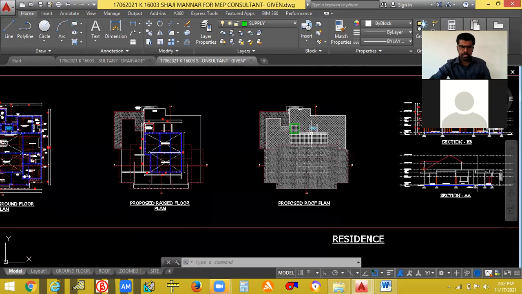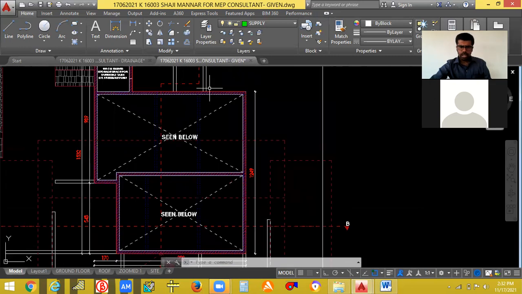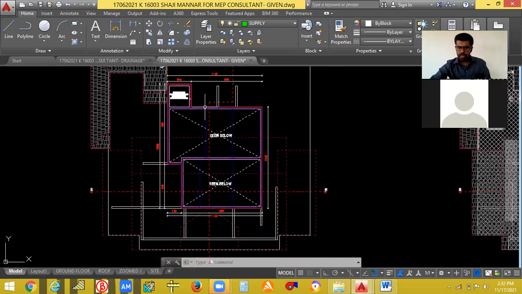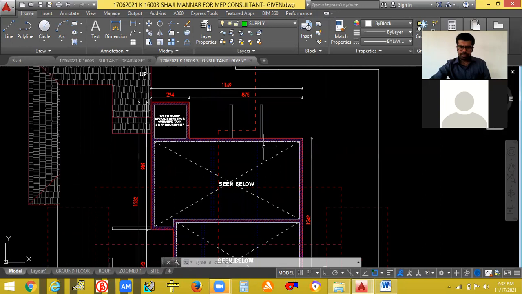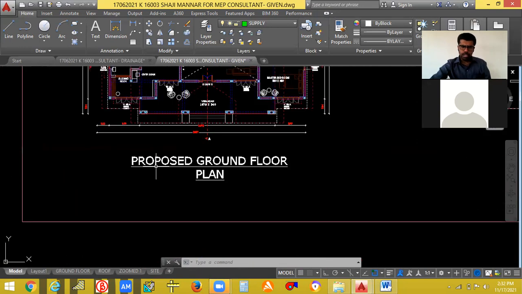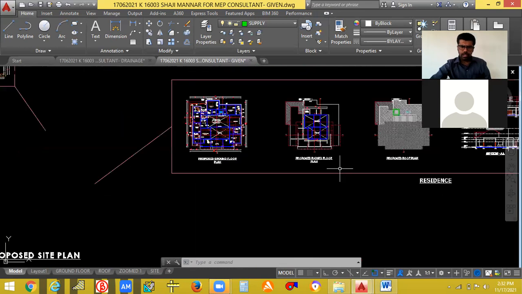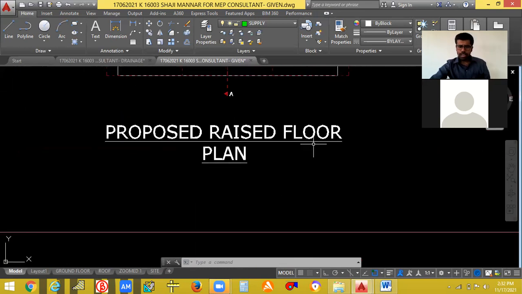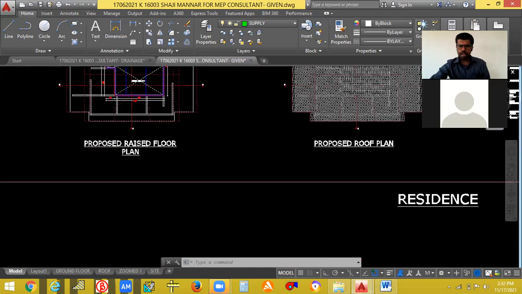So height means this much is the height. Okay, these all are raised ones only. These are raised from the terrace. Okay, this is also raised. So you have proposed ground floor plan, proposed raised floor plan, and you have proposed roof plan also.